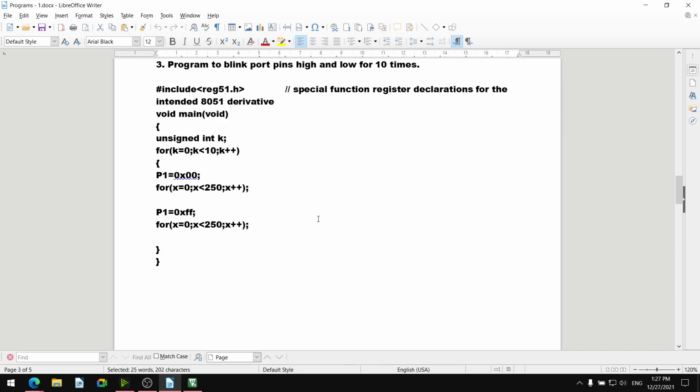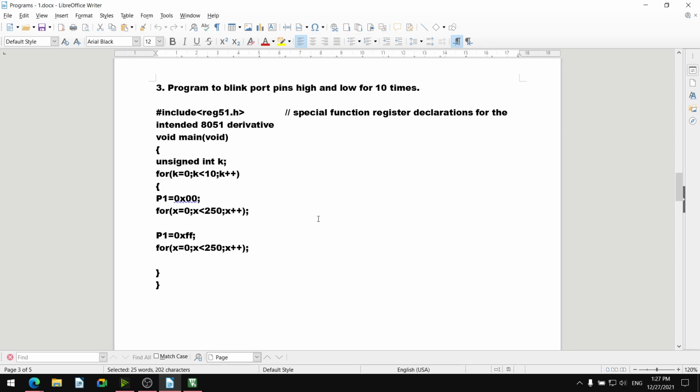Now there is a program with k equal to 10 times execution.